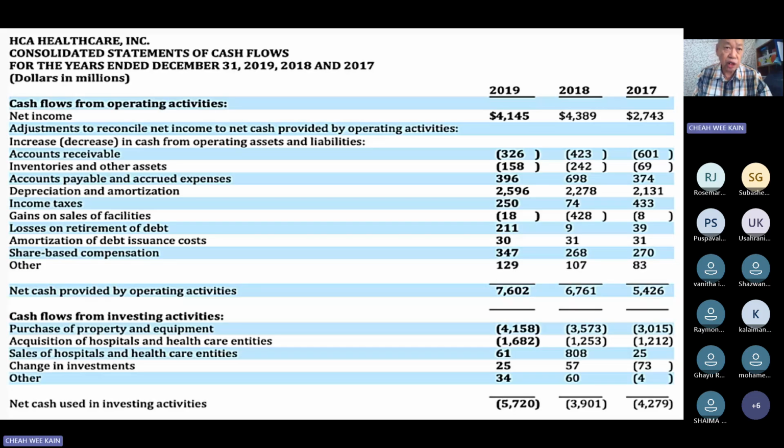Cash flow will actually show you which month you're short or which month you have a lot. If this month you have a lot, then maybe you want to temporarily park it at the bank as a fixed deposit. Okay, because you have a lot of cash. No point keeping it. Might as well earn a little bit of interest, also never mind. Okay.